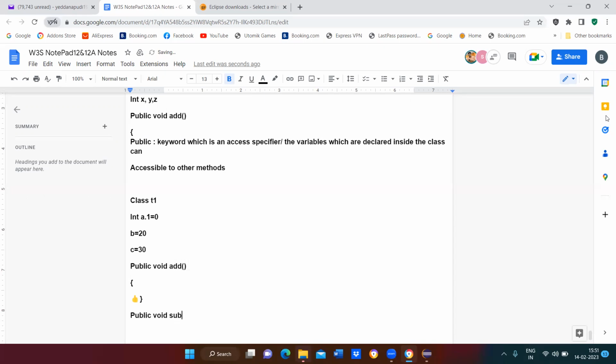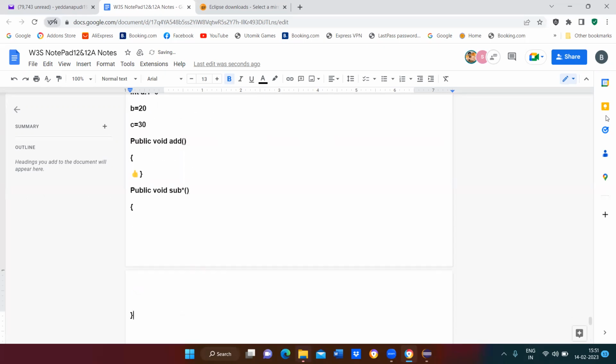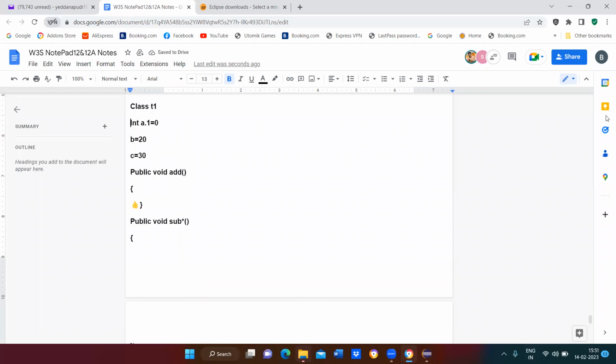Public void subtraction. Now, if I declare the variables outside the method, inside the class, these variables can be accessible to the addition as well as the same values can be accessible to subtraction.